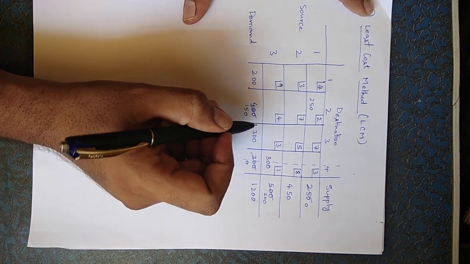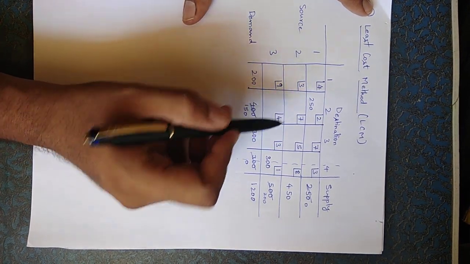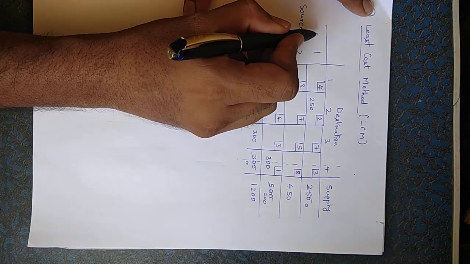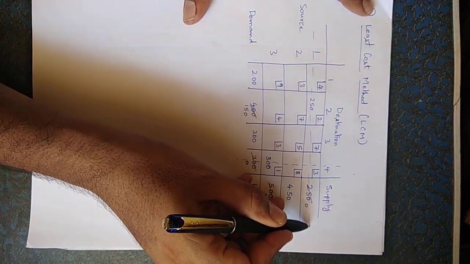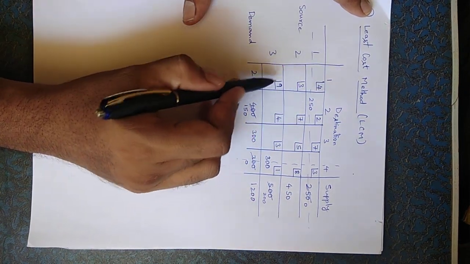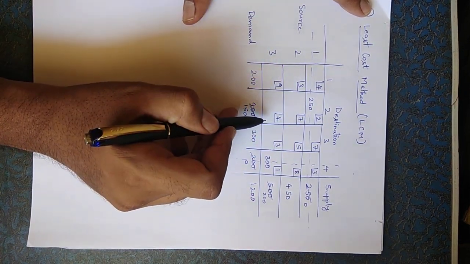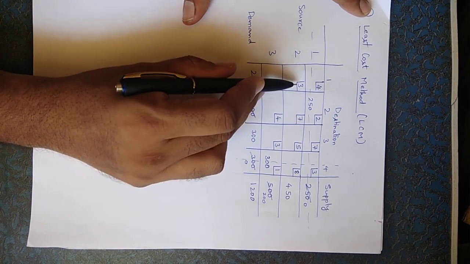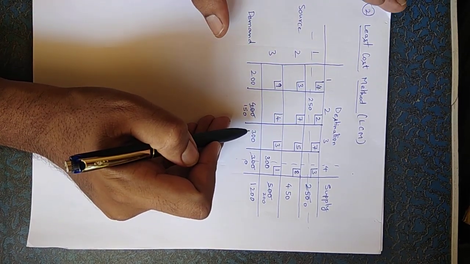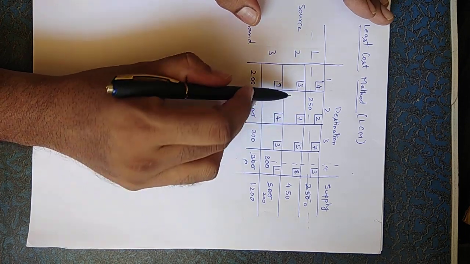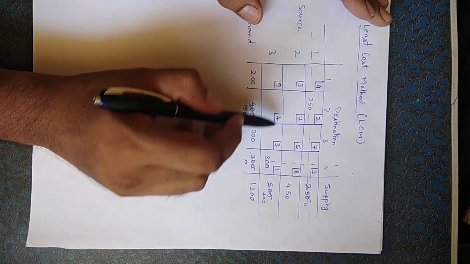Now we will go for the next least cost. Now this is 0. So before going, we will just eliminate this row. Now we have these 6 cells. In these 6 cells, we will see which is the least cost. 3. There are 2 3s. How to handle when there is a tie between 2 cells, 2 or more cells with similar costing?